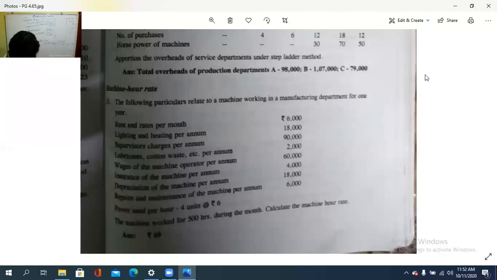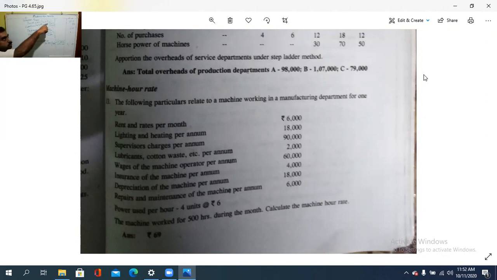So here, the total standing charges is 41 rupees. And then variable expenses, that is power used, 4 units. In the question, 4 units at 6, that is 24. Lubricants and cotton waste per annum. Per annum means it is to be converted into monthly and then hourly rate. So 12 into 500 we need to take firstly. So 12 into 500 is the hourly rate. So 6,000 is the total hours for